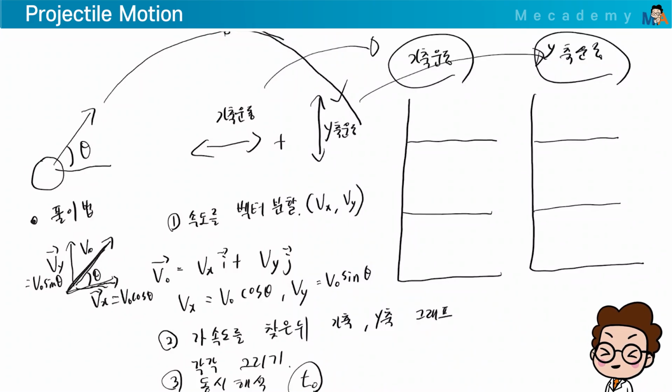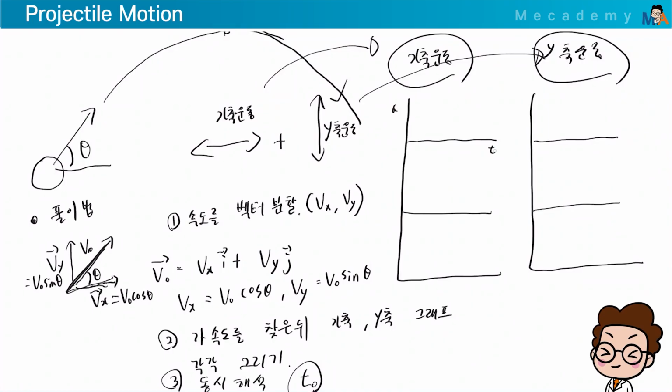Then there is no acceleration-time graph on the x-axis. Right? There is no acceleration here. Currently, no acceleration is acting on the object. So, how does the v-t graph look? It becomes a constant function with v, as mentioned before, v0 cosine theta, like this. Do you understand? Then if this is 0, how does the s-t graph look? This becomes a linear function like this.